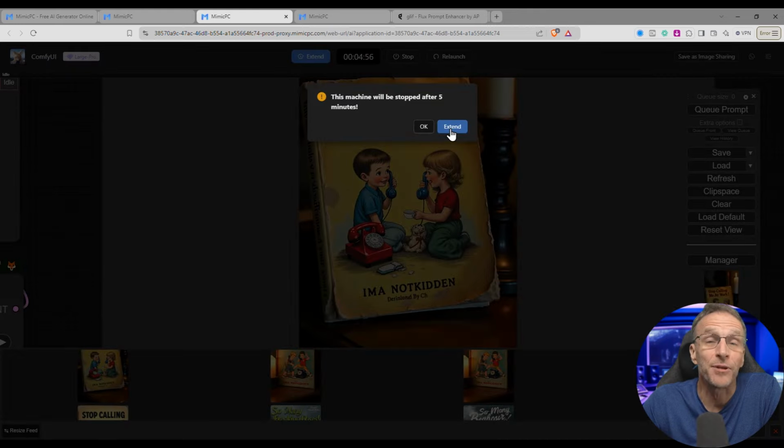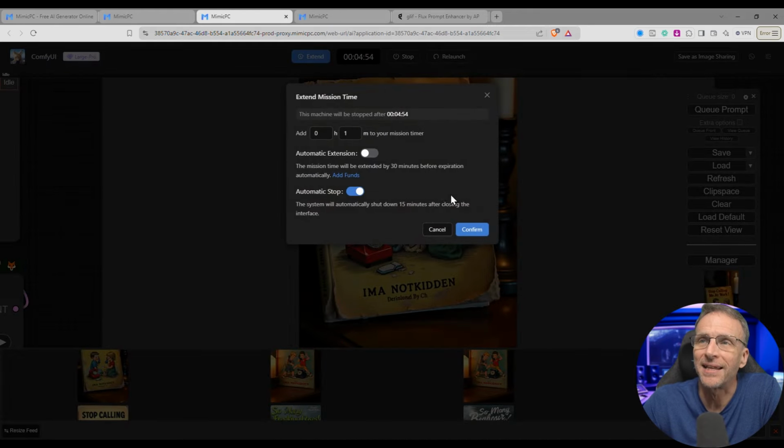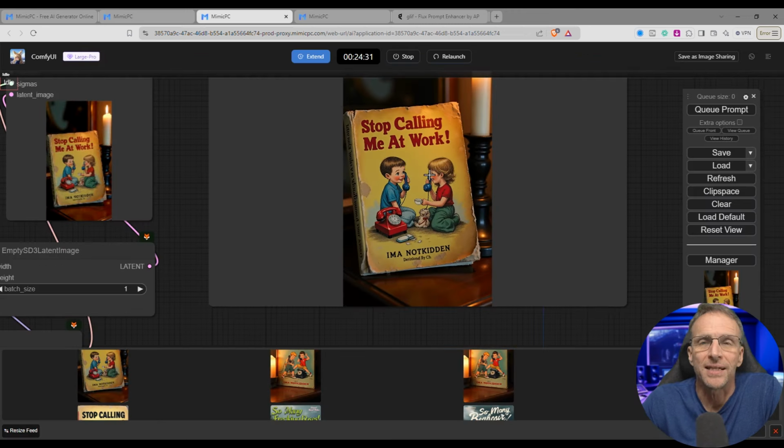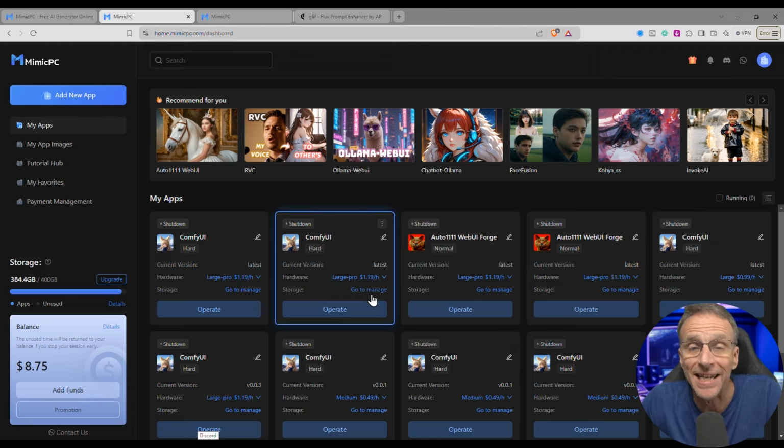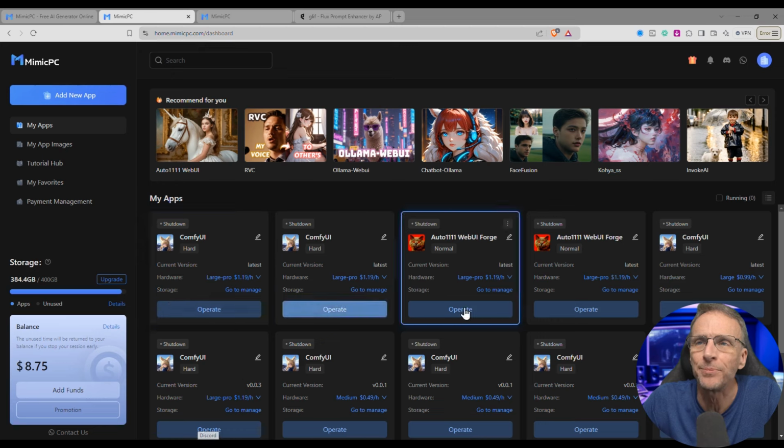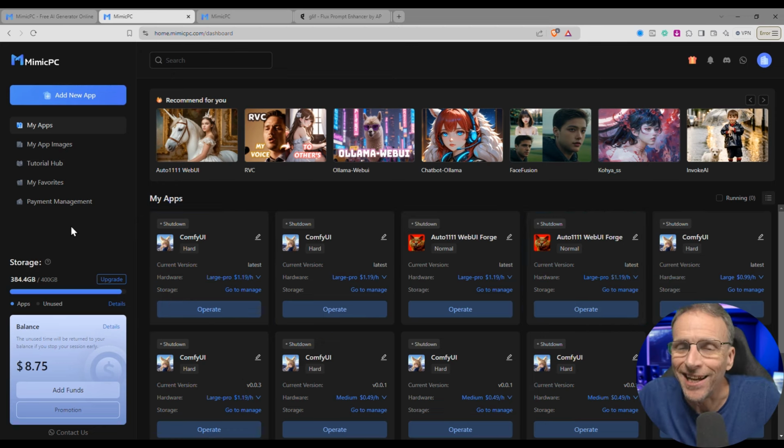So we were running out of the predetermined amount of time, so I'm going to extend that by 20 minutes. I can also choose to do an automatic extension so that I don't have to do this every time. Click confirm. And now I'm realizing I didn't need to do that because I'm going to stop the machine anyway. By the way, once you've created any of these virtual machines, you can always go back to them by clicking on My Apps, and they'll be right here, which gives me the opportunity to tell you that a best practice